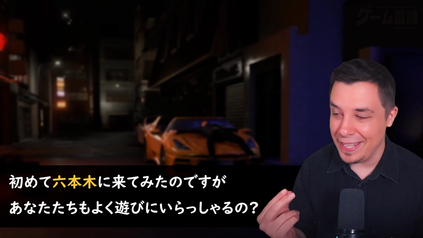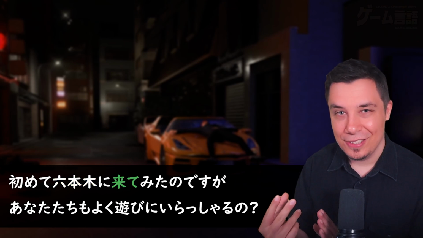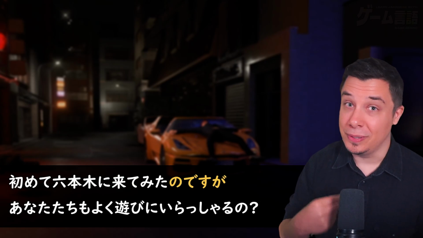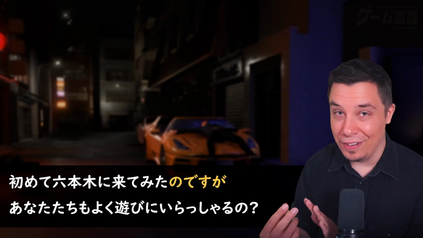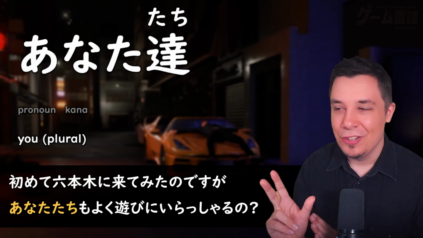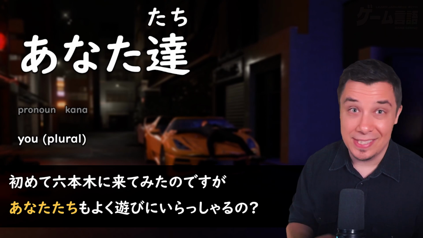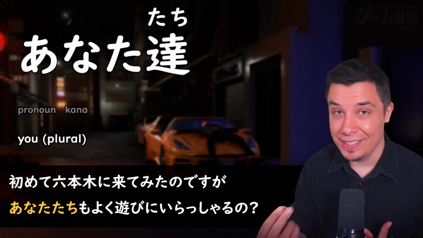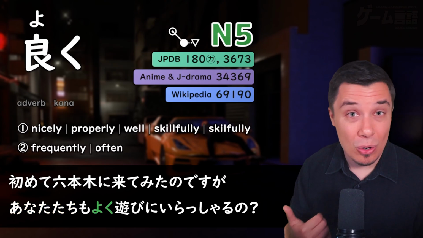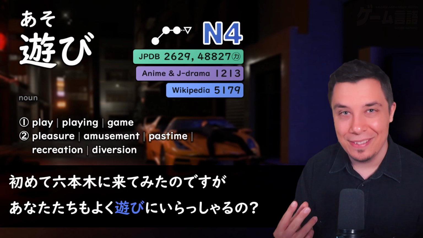So Roppongi ni, so to Roppongi, kite mita, so kuru, to come, te mita, to try to do something. So I tried coming to Roppongi for the first time, and then no desu ga, so it is the case, however, anata tachi mo, so anata, you, tachi, a much more common neutral way of referring to the plural. So you guys, this is really common. This is even used in words like tomodachi, the dachi, tachi, friends. Here, you guys, anata tachi, mo also, so also you guys, yoku, often, and then again, asobi, to play, asobi